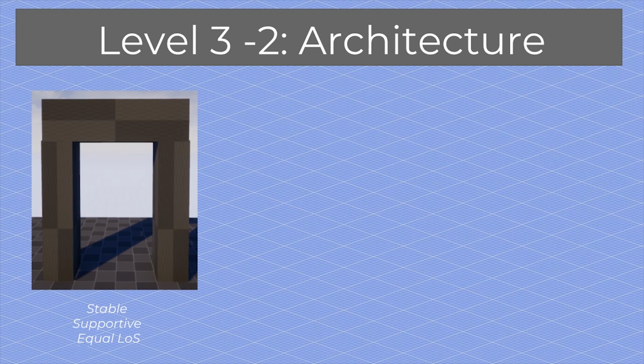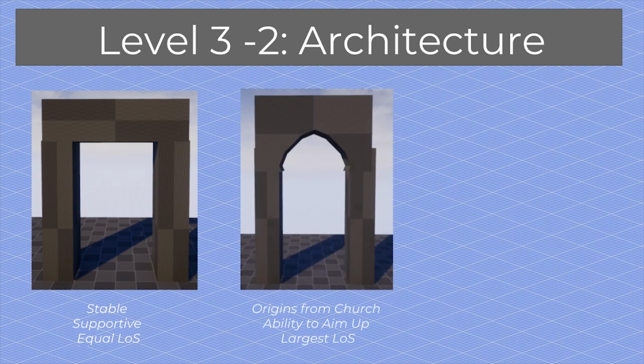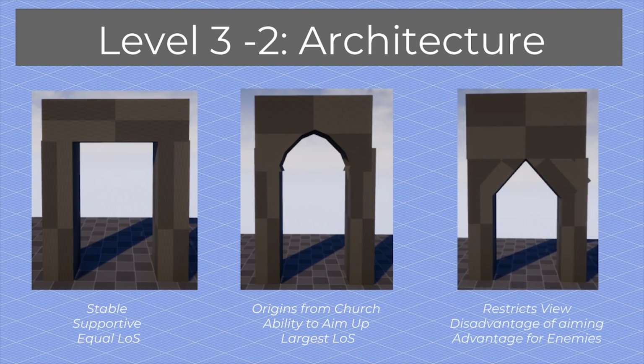If the enemy is angled above you, you still have the same chance to shoot them as them shooting you, because the whole space is very even within that. But if we look at something which has this more rounded shape here, you can see that the player has a lot more line of sight. It allows the ease of aiming up compared to the previous one, helping the player feel they're in a safer space, compared to something such as this more triangular one, which kind of restricts